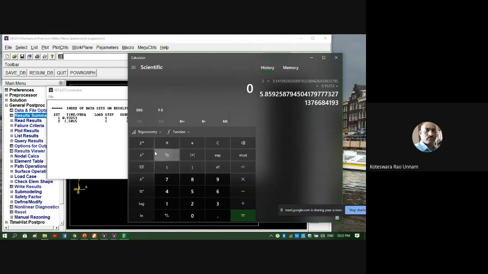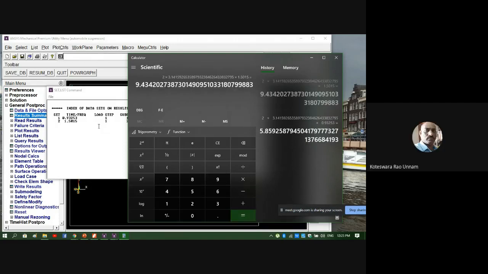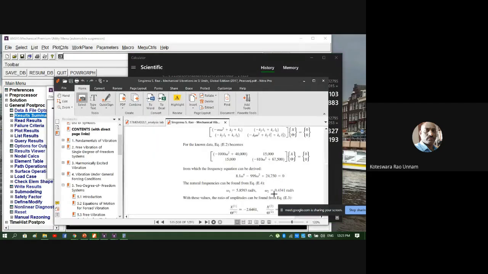Again 2 into pi into f2, which is 1.5015. So what is the value you are getting? 9.434. So what is your analytical solution? 9.434. Yes, sir. So both are matching exactly.